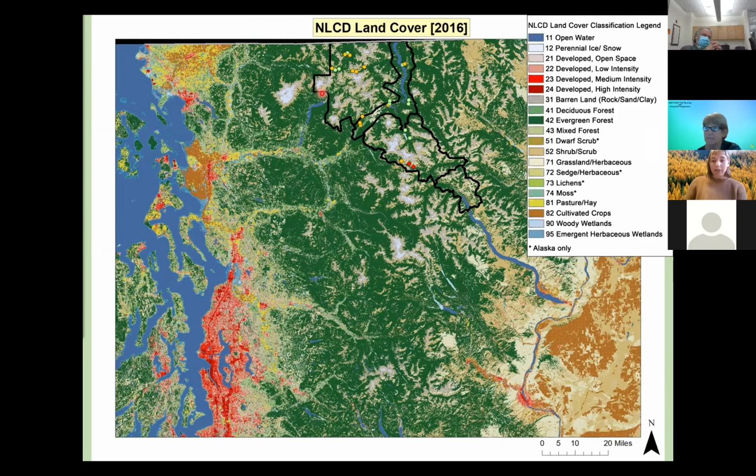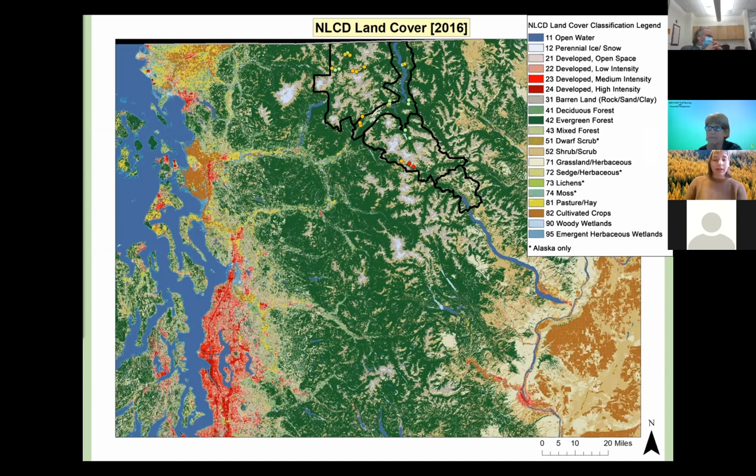The western edge of the park is in closer proximity to these human impacted land cover classifications. And this includes that Cascade Pass area that I pointed out here that had the highest percent nitrogen values. And it's situated closest to this large red shaded area here, which is the Seattle metropolitan area. So proximity to nitrogen pollution sources, as well as landscape features and meteorological variables, are likely influencing rates of nitrogen